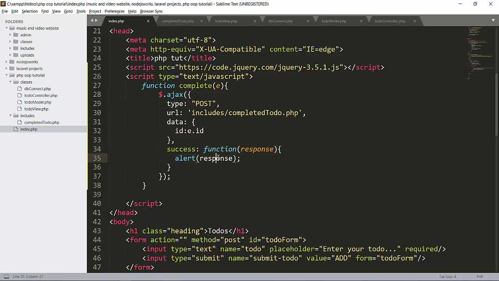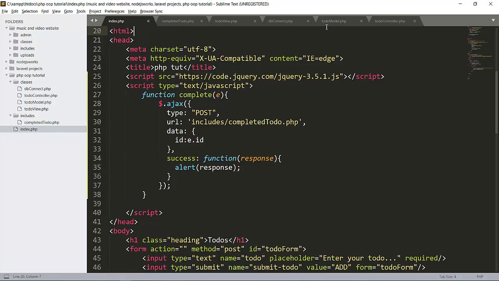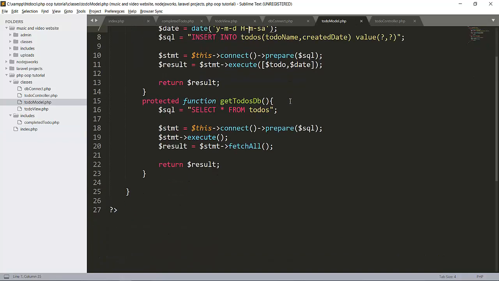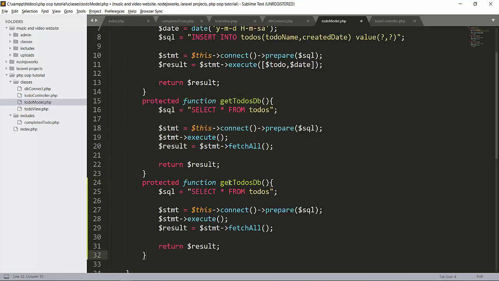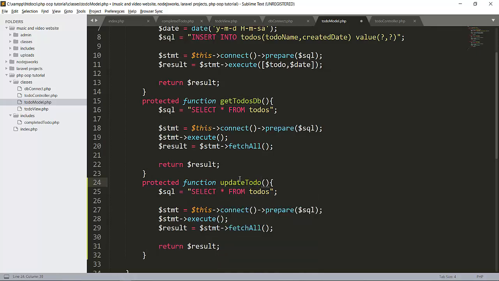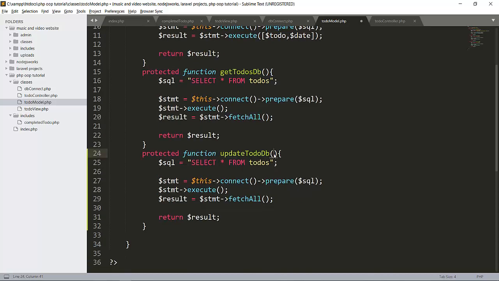Now let's do our update operation. For that we are using our to do model here. Here we will create one more function, that will be update to do db, and here we want one id. If you don't know how parameters work, you can see my previous videos.